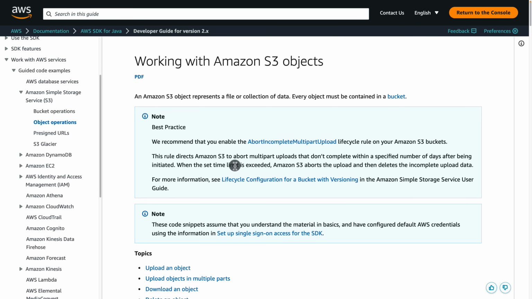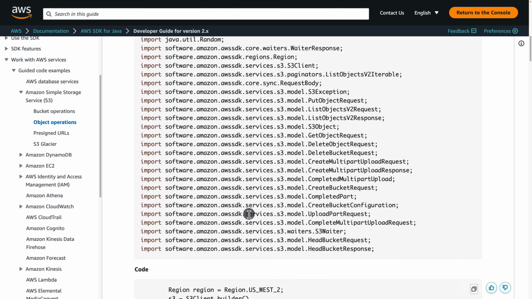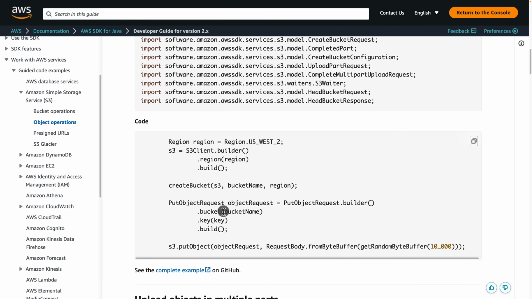So in our case, let's look into object operations, and I'll show you how to create a bucket in a second. But in here, upload an object. So here they give you the actual code on how to upload an object. So we have the bucket, then all you do is you just have a put request and job done. So what we're going to do is let's take this, go back,